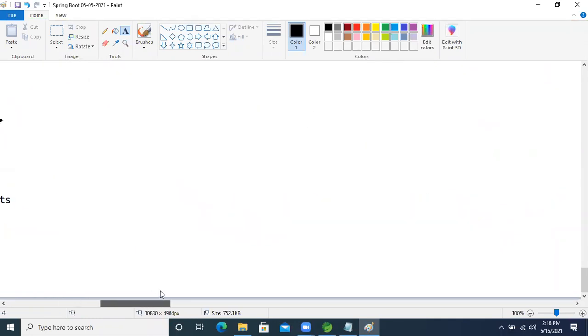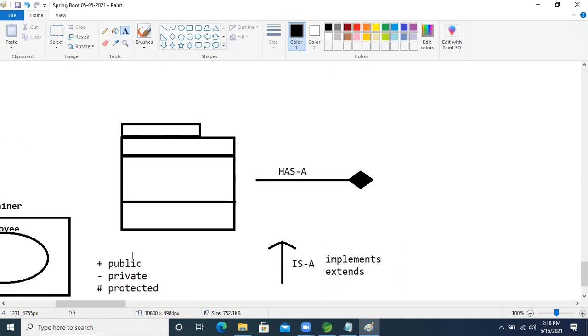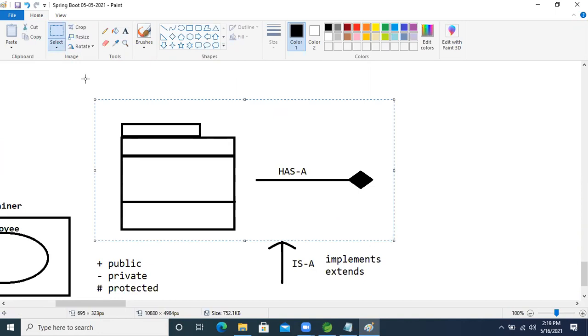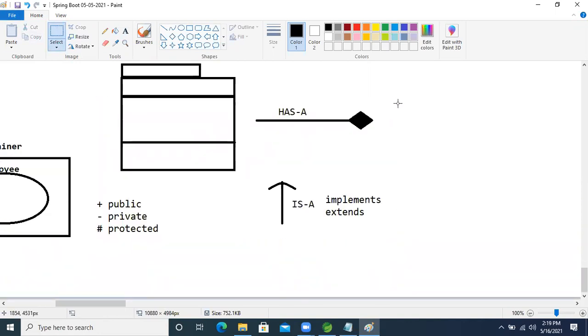Okay, but if we are using association between two classes, then development will start from what?